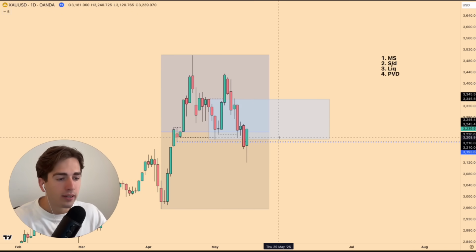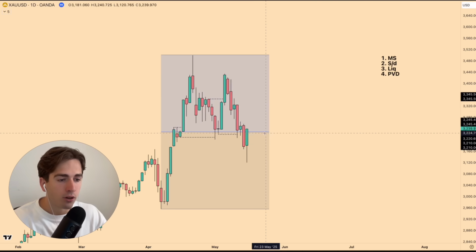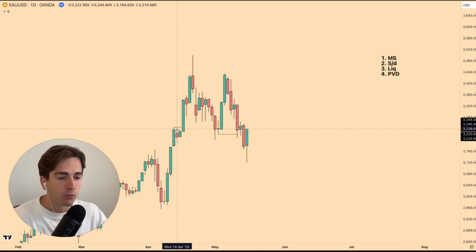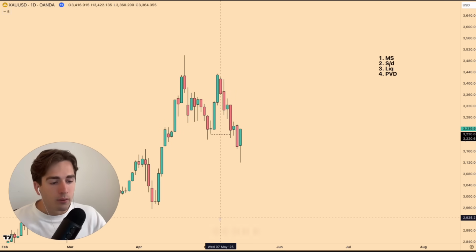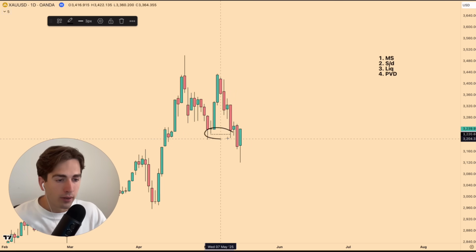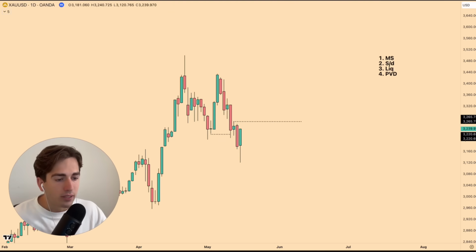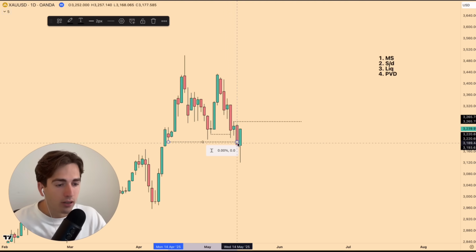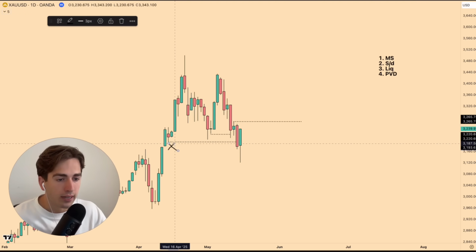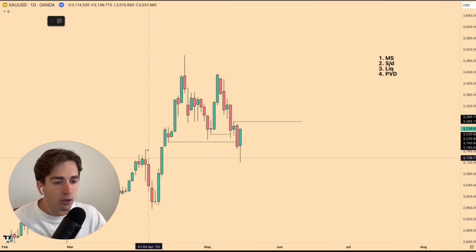Now just removing and cleaning up the charts again, because I love a clean chart. Here what you're able to see, I'm going to remove the old fractal lines. Here what you're able to see is that we get a fractal low break. That now means that the high of this bullish candle is now your fractal high. We've taken out liquidity, which was resting underneath this overall doji candle's low, and we've tapped into the overall strong